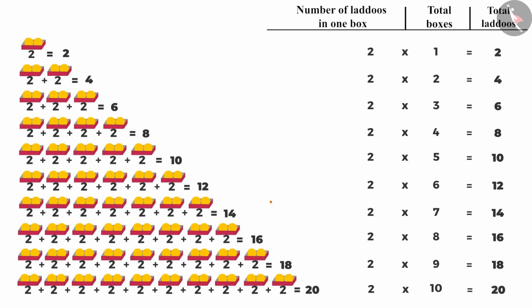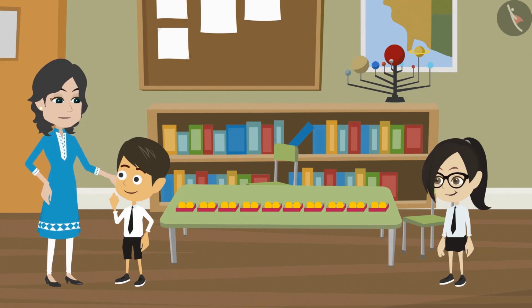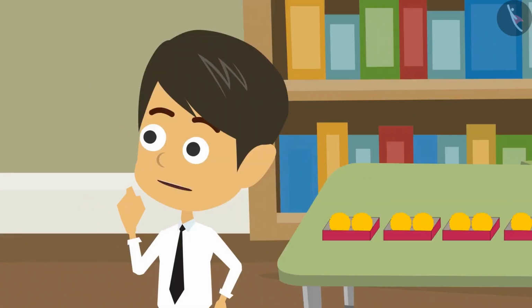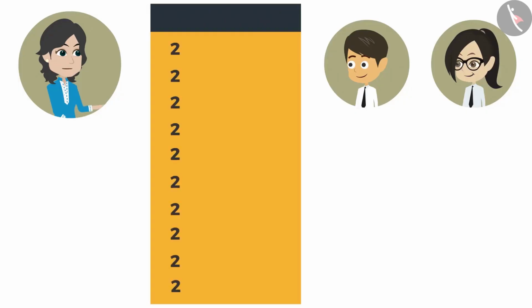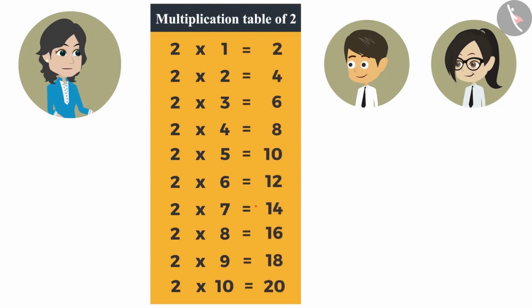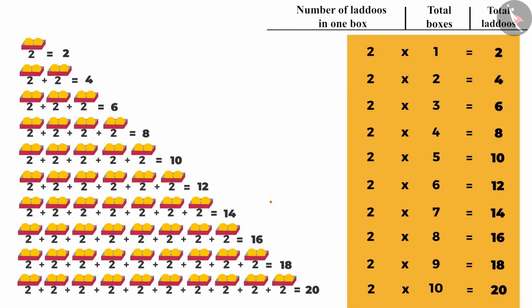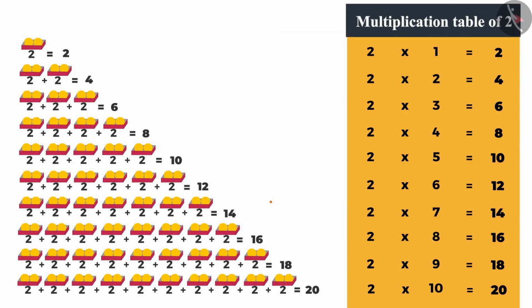It is easier to multiply 2 numbers than adding the same number again and again. Yes, that is why it is very important to memorize the tables. Otherwise, you have to use a pen and paper even for simple calculations. What are tables? The list obtained when you multiply a number by 1 to 10 is called the multiplication table of that number. Just like you have multiplied 2 by 1 to 10 and obtained this list. This is the multiplication table of 2.